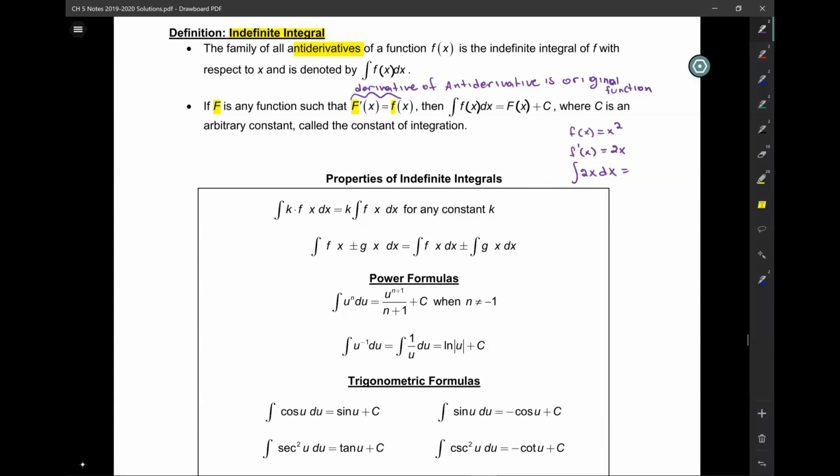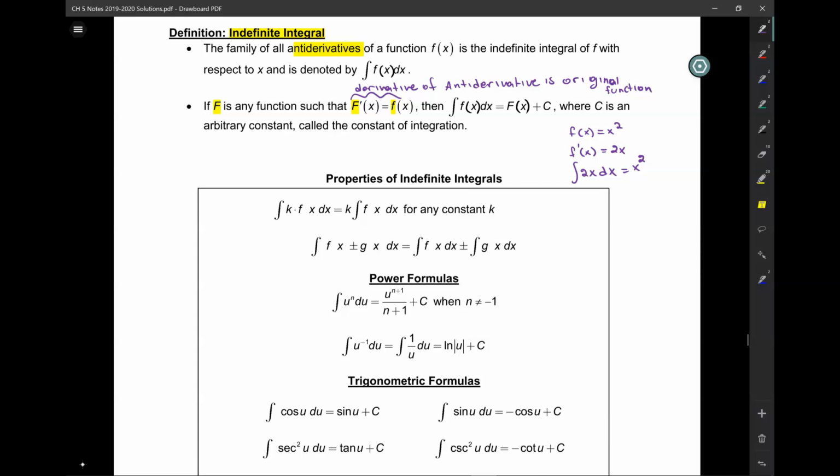So if this is the derivative and we wanted to undo it, what do we get back? x squared. Instead of saying let's undo the derivative, why don't I say integral 2x dx? This is telling me to undo the derivative that got you 2x. And you get x squared